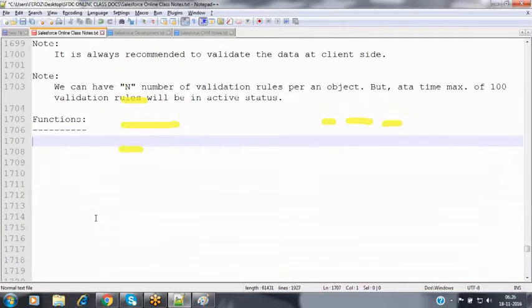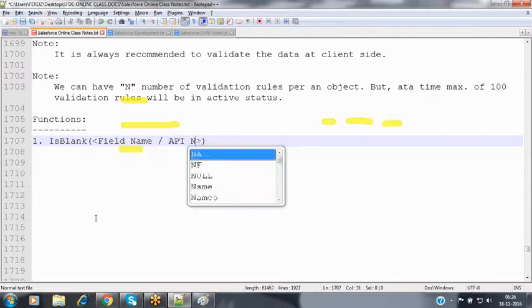Now, validation rules can be implemented with the help of various ready-made functions given by Salesforce. From those functions, the first function is the IsBlank function. In this IsBlank function, we have to pass the field name, or the API name if it is a custom field.